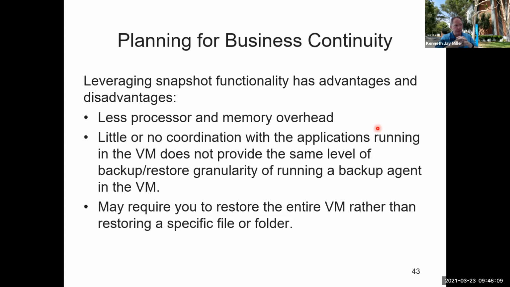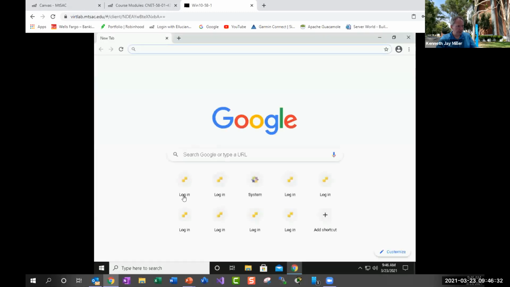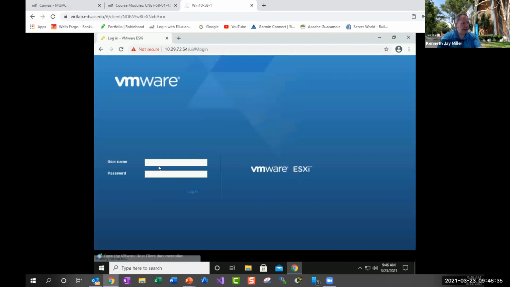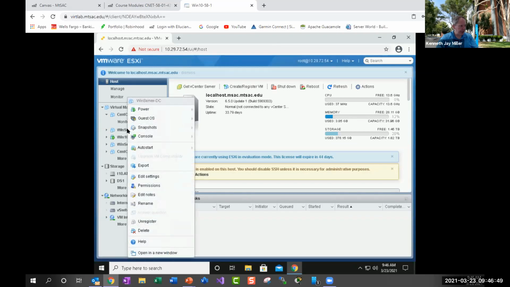And then there's little or no coordination with the applications running in the VM. So it doesn't provide the same level of backup restore granularity as running a backup agent. So if I just take a snapshot, if I come into my ESXi machine here, and I look at my Win Server DC, which is the one we're going to create today, then if I just right click